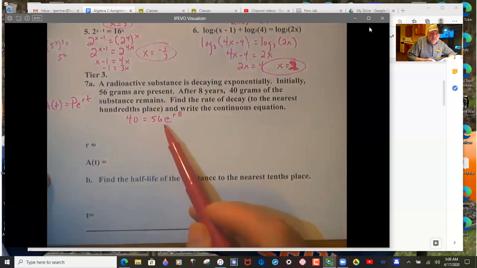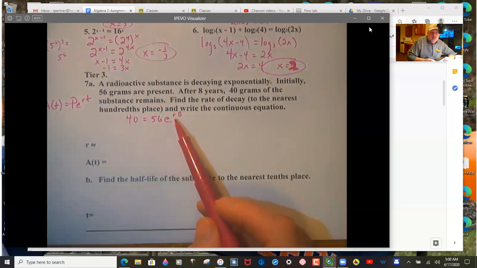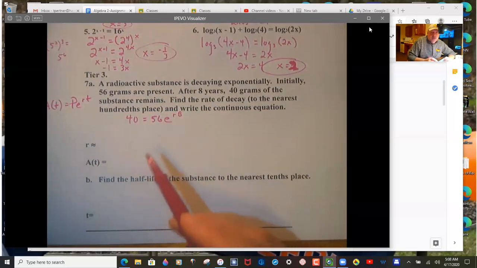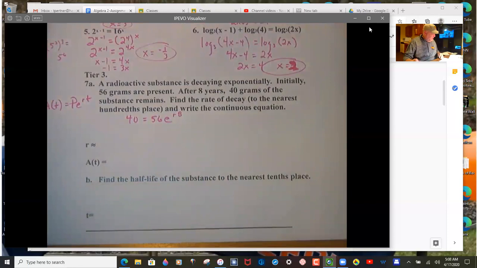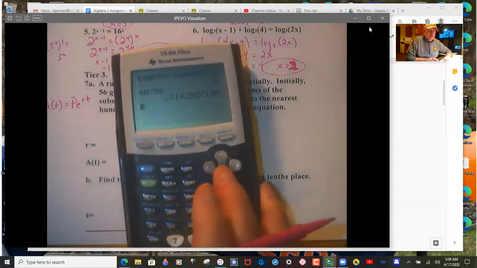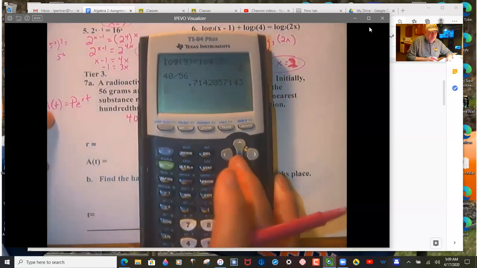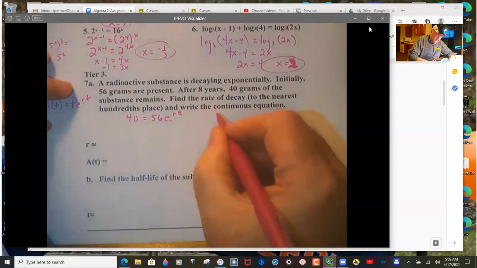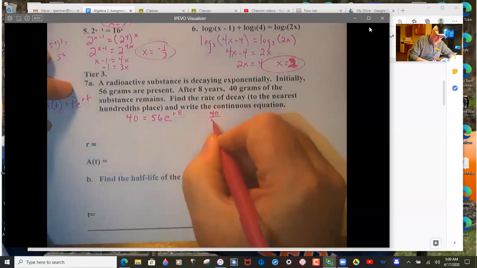So 40 is left, 56 is initial, e is the natural exponent to the r times 8 years. So you're going to divide 40 over 56, and whatever that gives you, this not very nice number. So I'll just put it as 40 over 56